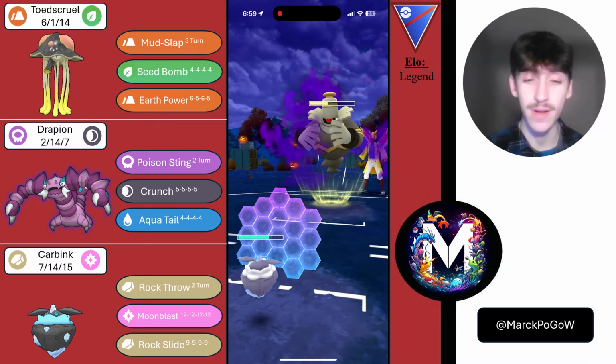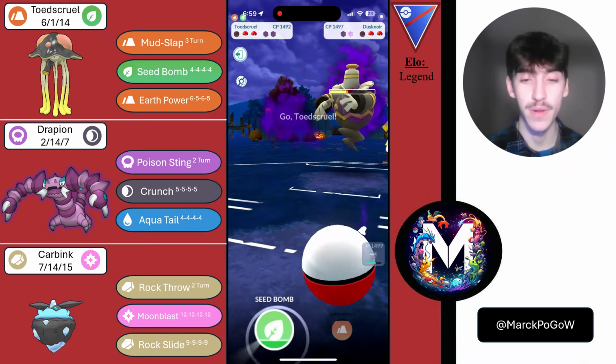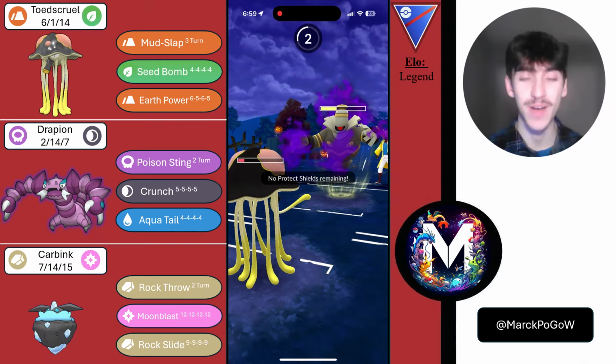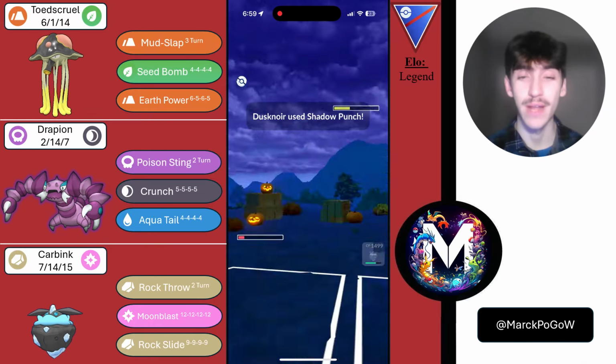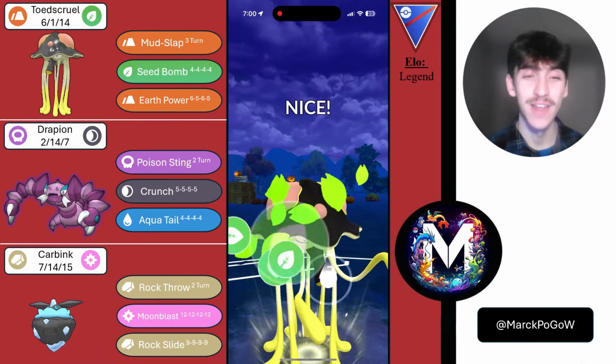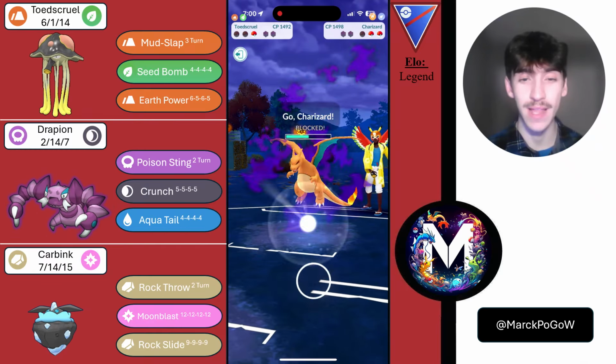I am going to, here comes up my second shield, and here comes a second Shadow Punch from the opponent. Can I get to another charge move? No, I cannot, so I go for a CMP Sack Swap onto my Toadscruel, which means the opponent cannot undercharge, because if they undercharge, guess who's getting to a Seed Bomb? The opponent wanted to get more energy by going for the undercharge, but that allows me to grab the final